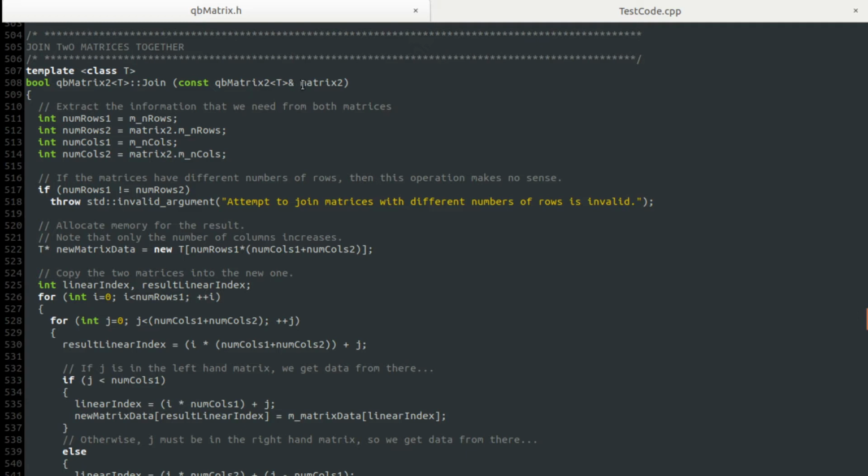So this accepts as input a reference to a QB matrix 2 object that we want to join to the existing matrix, and it simply extracts the number of rows in the existing matrix and the number of rows in the matrix we want to join with our existing one, and the same for the number of columns. If they have different numbers of rows, then this operation makes no sense. Now this is very specifically a column-wise join, so we're putting the second matrix to the right of the existing matrix. So obviously both matrices have to have the same number of rows, otherwise we throw the invalid argument